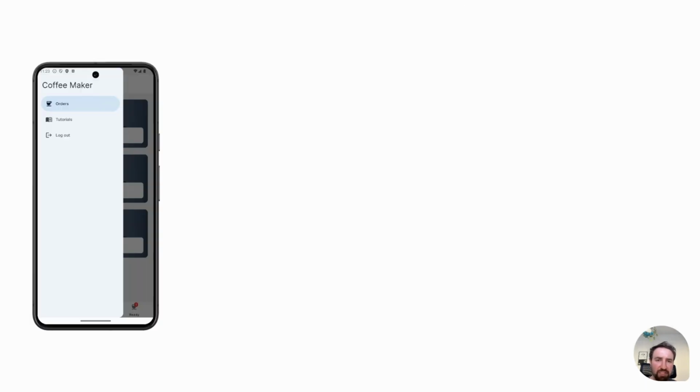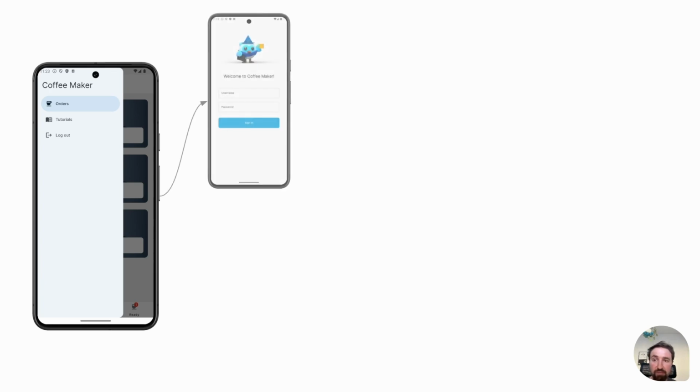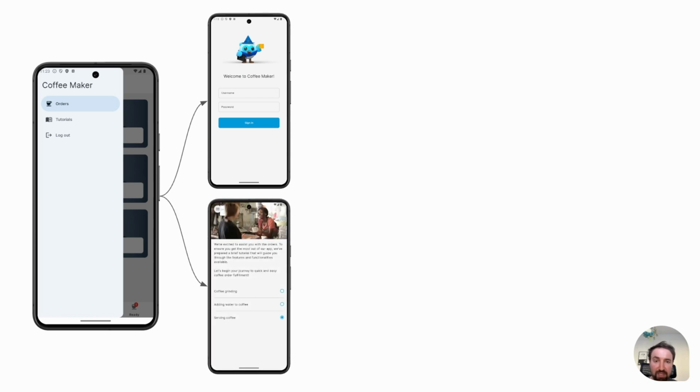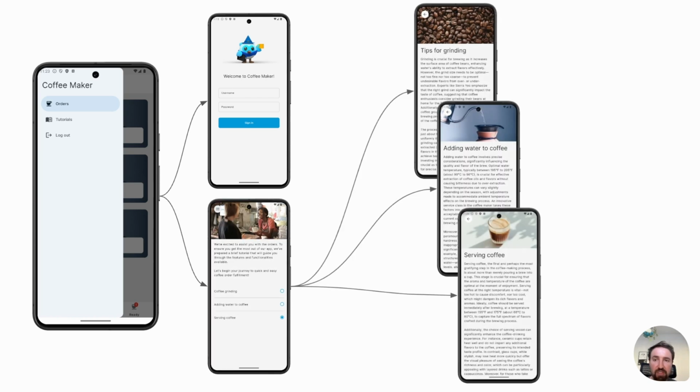We also have a navigation drawer, and pressing each destination in this drawer takes us to a new route. You can log out, go to the home screen, or go to the tutorial screen. And inside the tutorial screen, you can go to the details page, which gives you hints for grinding, adding water,